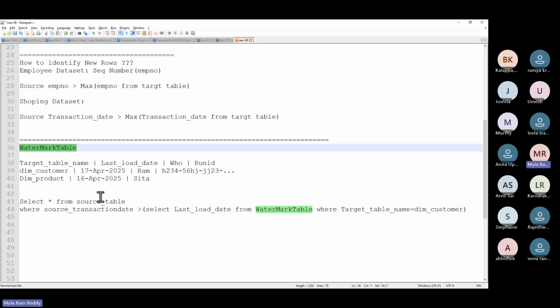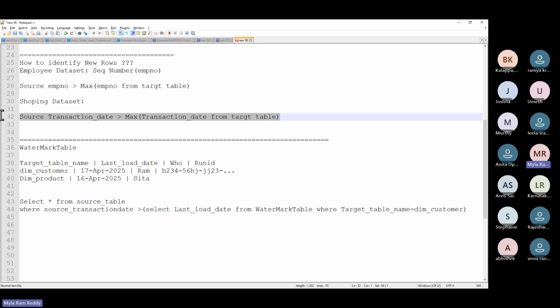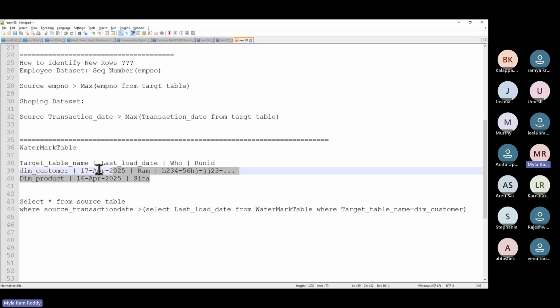Watermark table. We are using it. Even the watermark table is not really a mandatory thing. I'm not saying it is. If you have only one or two tables for incremental loading, then happily you can go without it. If you have hundreds or 200s of tables available,